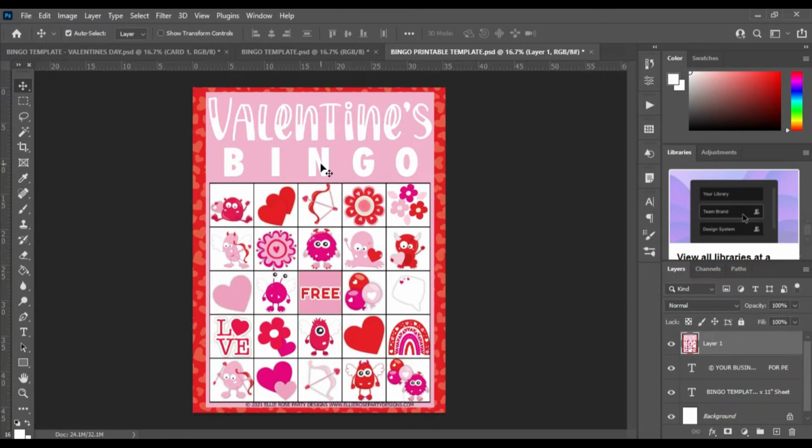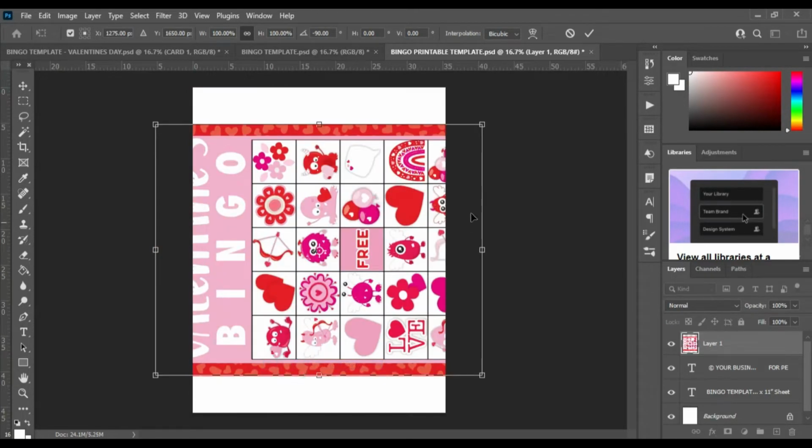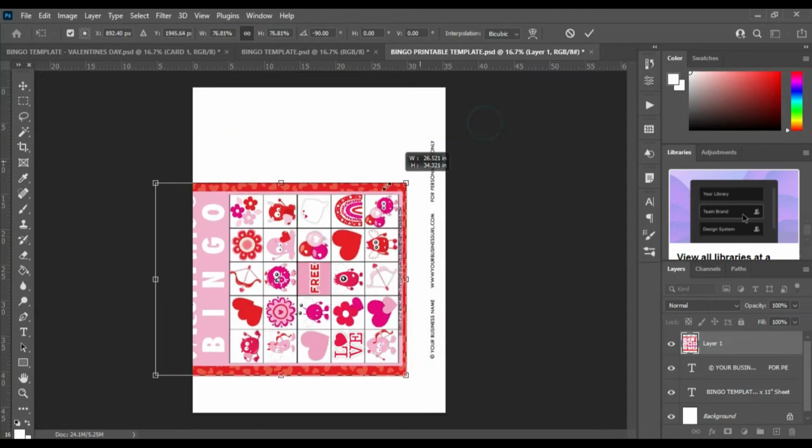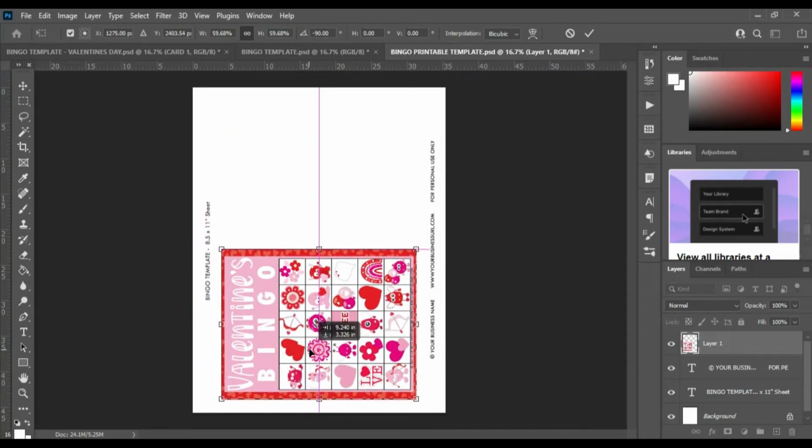Okay, I'm just going to click by selecting Control and T, and I'm going to right click and select rotate 90 degrees anti-clockwise, and I am going to make you smaller, and you're going to be pretty much fitting in there. Okay, so that's how I am going to be setting up these printable bingo cards, by making them a